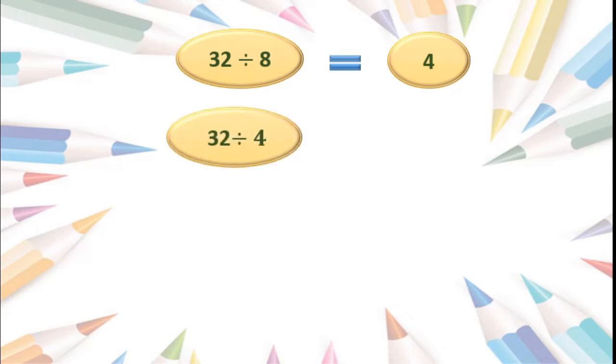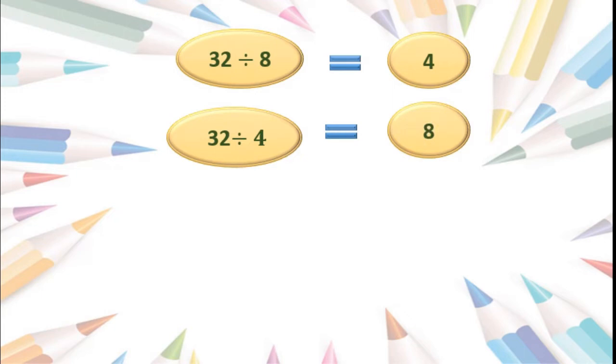Students, you can see here 32 divided by 8. Here we will recite the 8 times table. So 8 1s are 8, 8 2s are 16, 8 3s are 24, 8 4s are 32. So 4 is the answer. We know, right? Now one more sum we will take. Here 32 divided by 4. What is the answer? You know now. Correct? 4 8s are 32.